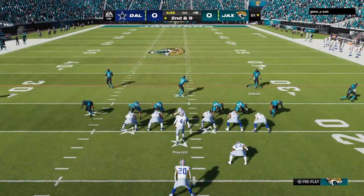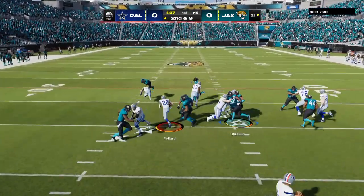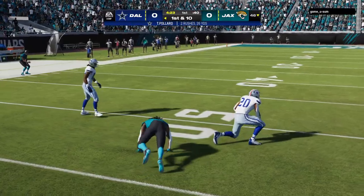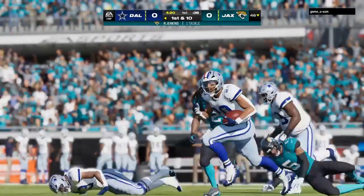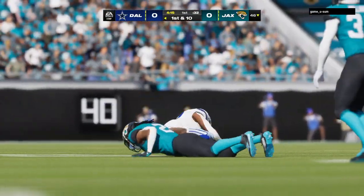2nd and 9 now from the 21. Here's Pollard again. And they work this well upfield across the 45. 25 yards the pickup there, and also a first down. Pretty explosive run on that inside handoff, and when you're a runner of his caliber, you don't need a big